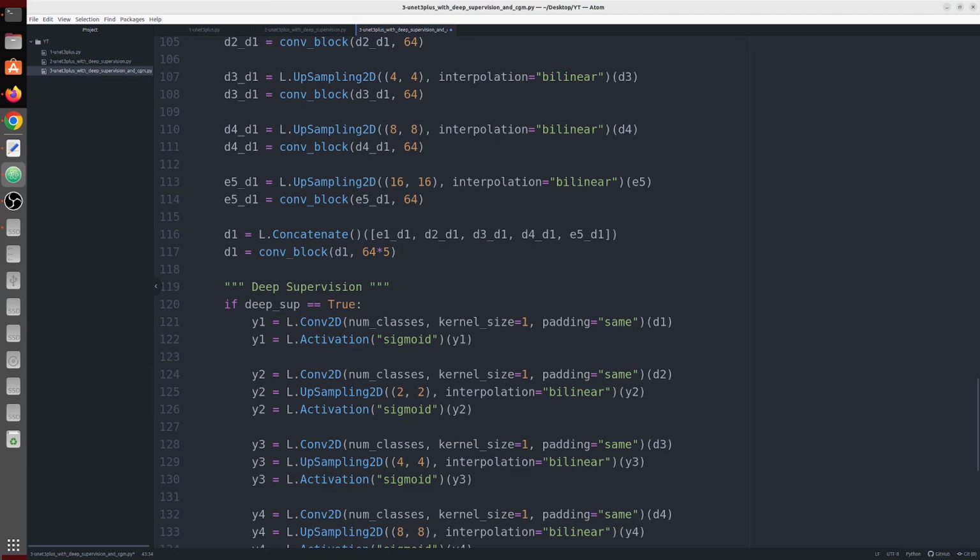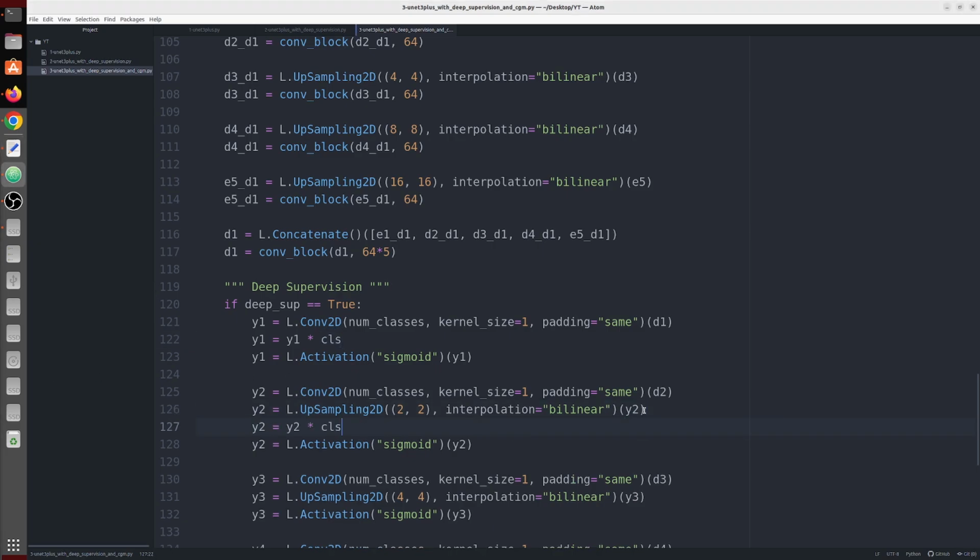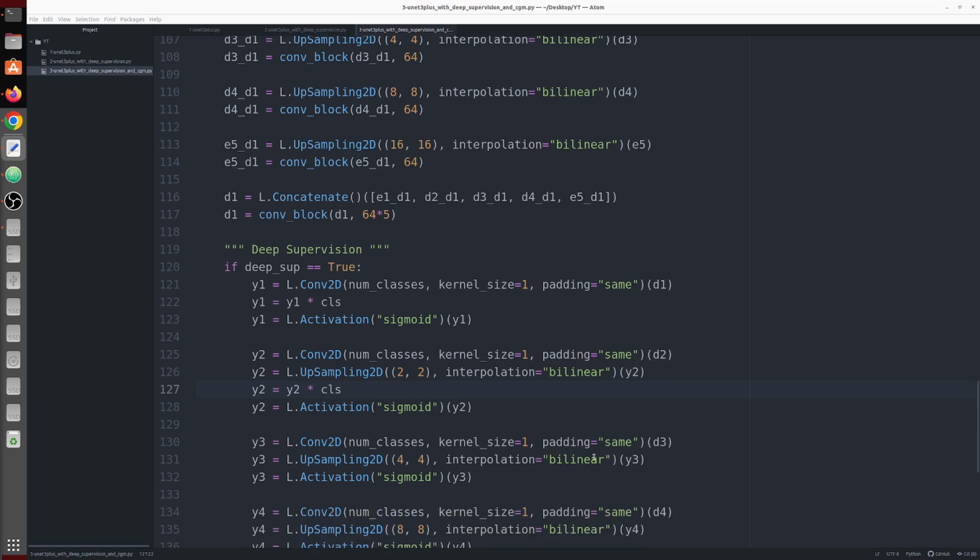So what I have done is, I'm going to simply multiply y1, the output of the convolution layer, with the classification result, and you can do the same, but here after upsampling,